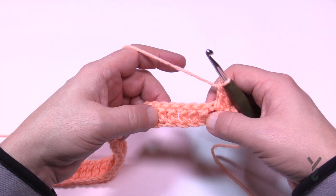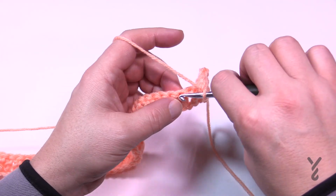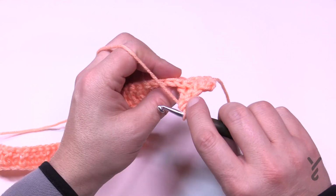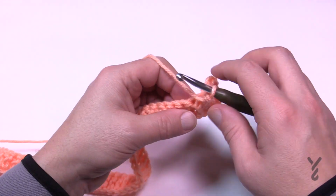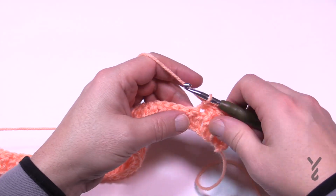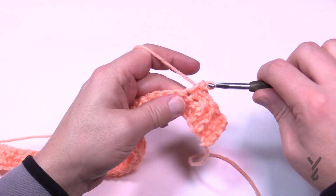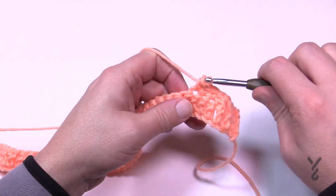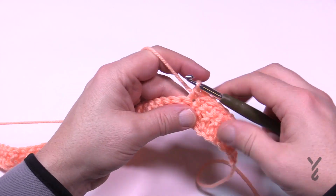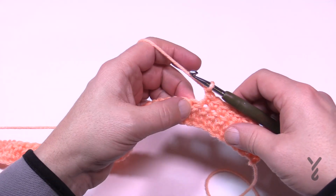Now the next 5 double crochets here are going to each be a single crochet. So just remember that when you do front post like that, that counts as the stitches that it's sitting in front of. So let's do 5 in a row. And this is the start of the repeat. So 1, 2, 3, 4 and 5, and then you're going to chain 1, skip the next one, and then